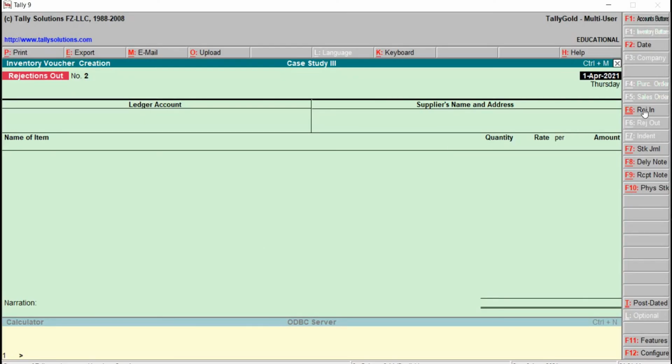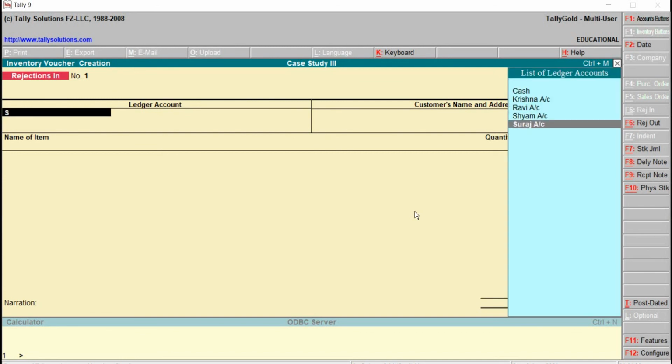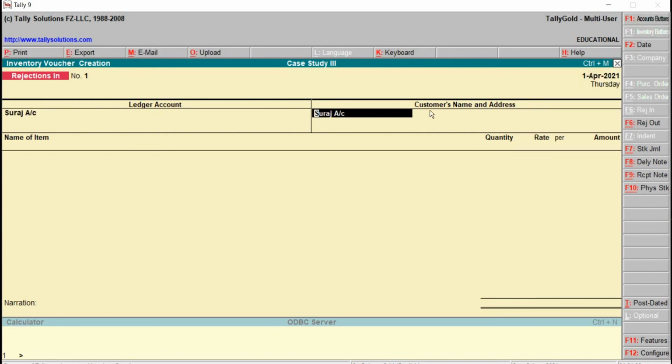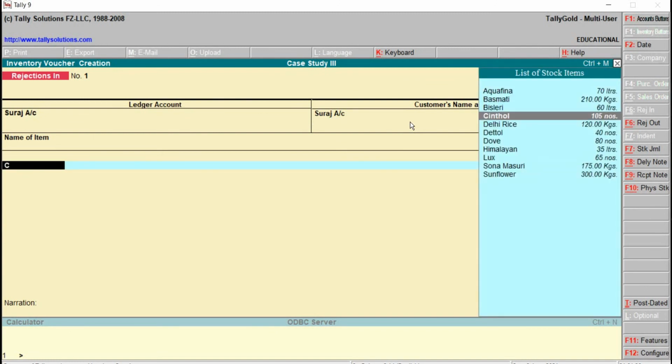Then rejection in, just click on this one. Correct. Ledger account will be Suraj. Customer name, and even we can provide the address also. Okay. Name of the item is synthol.